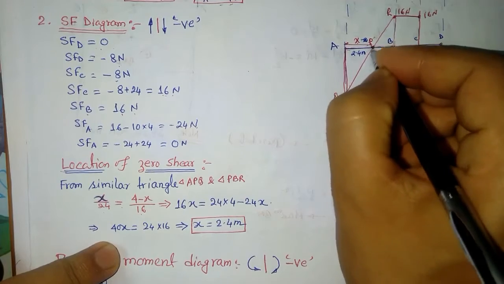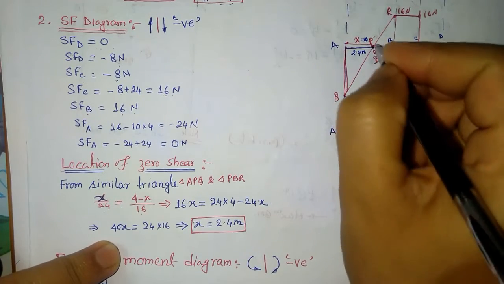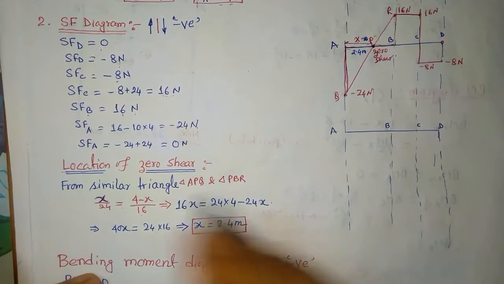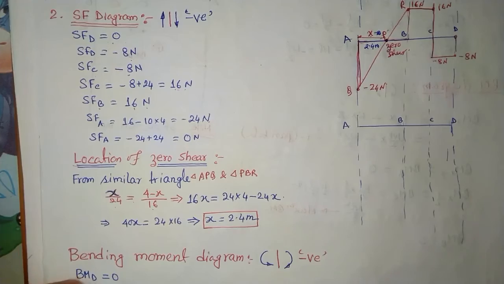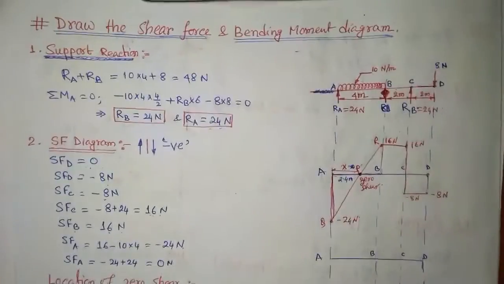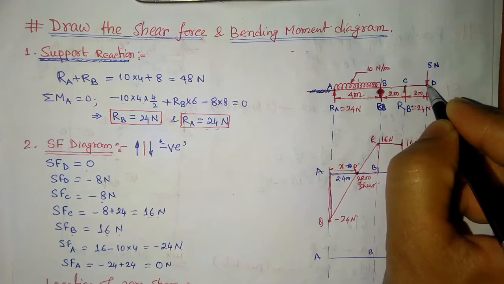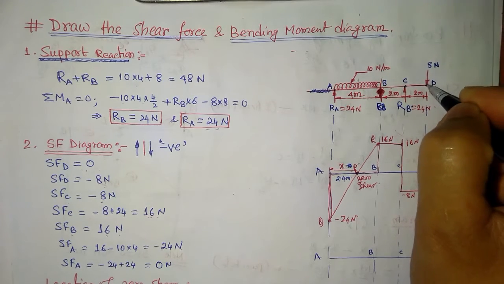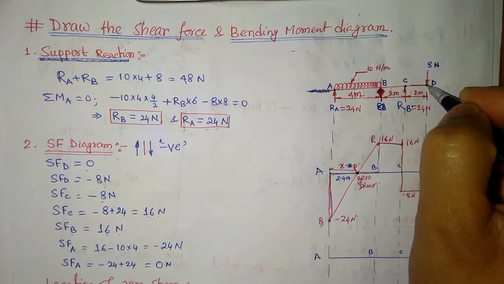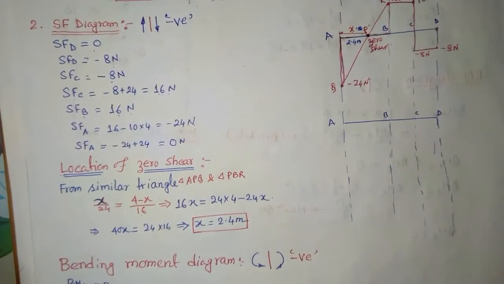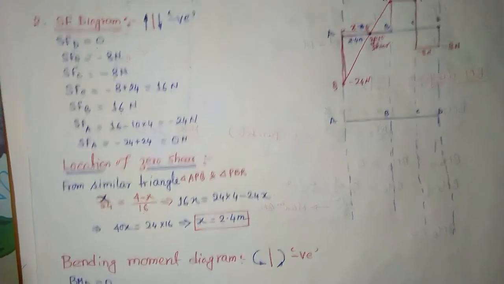We need to find this because it plays an important role during the calculation of bending moment. So this is our shear force diagram we have drawn. Next we will see the bending moment diagram for this. Again, tell me what will be the bending moment at D. This is a free end, and if we take the bending moment about this point, we will get no bending moment. Free end means there is no bending resistance, so bending moment at D is equal to 0.